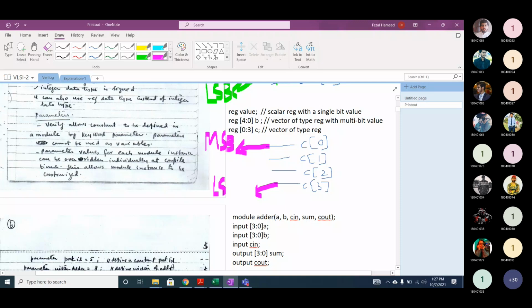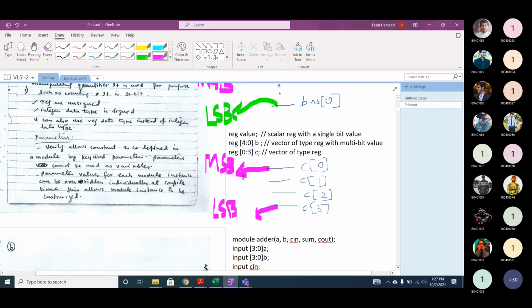Why? What's the reason? Anybody? Yes, because we start from zero and move to the right. So if we are defining it this way, the MSB always starts from the left hand side and the LSB ends on the right hand side, and it can be monotonically increasing or monotonically decreasing.